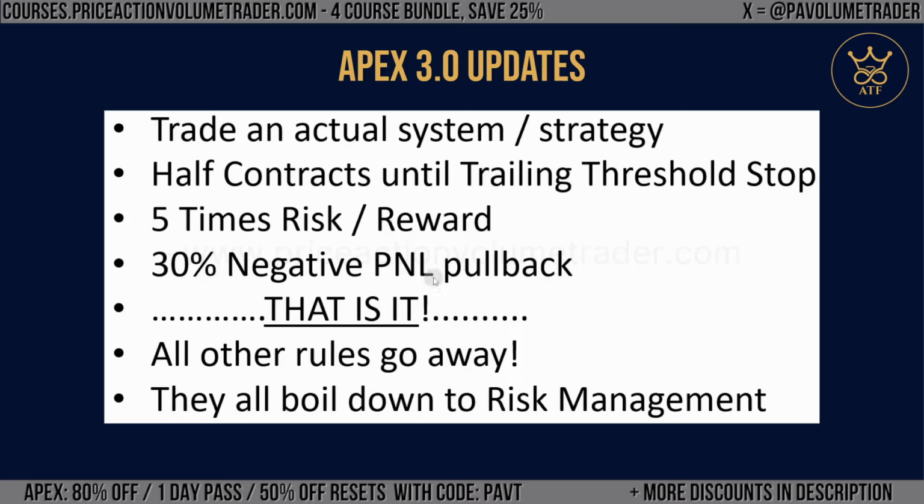Now, this is pretty much a summary of all the new rules and regulations and payout rules that they have. So, trade and actual system strategy: use half the maximum contracts allowed for your account size until you hit your trailing threshold stop. So basically, until you earn the same amount as your trailing drawdown plus $100. So in the 50K account, that will mean once you hit 52,600, for example,